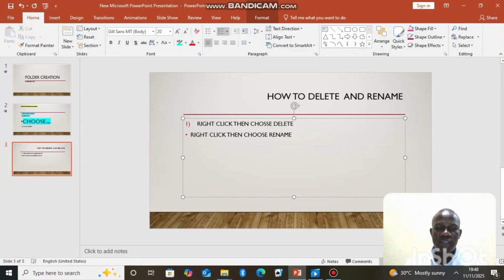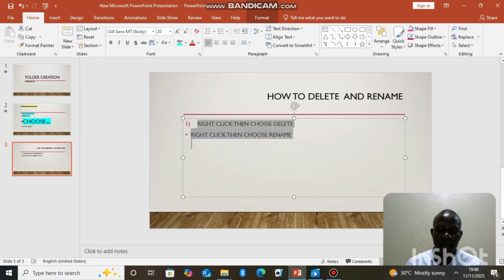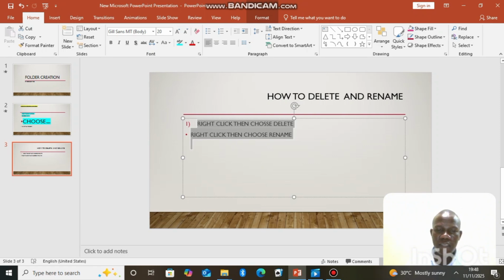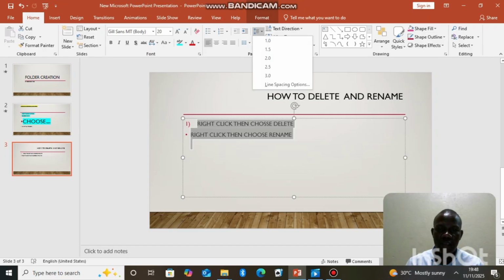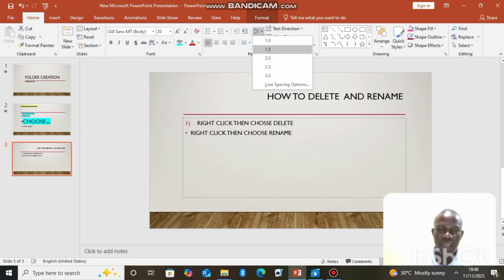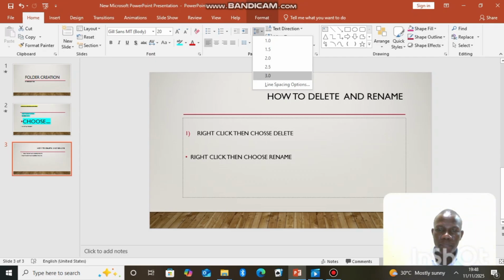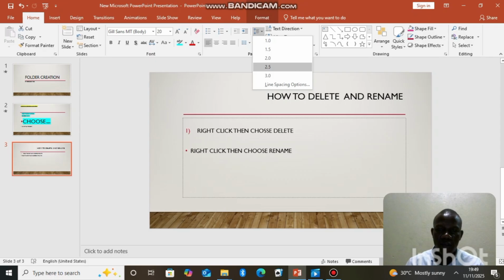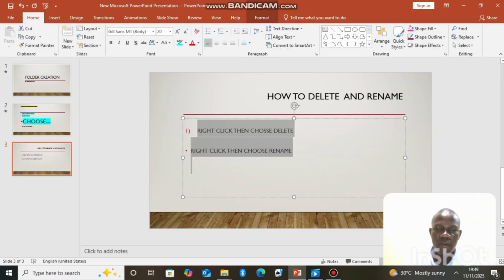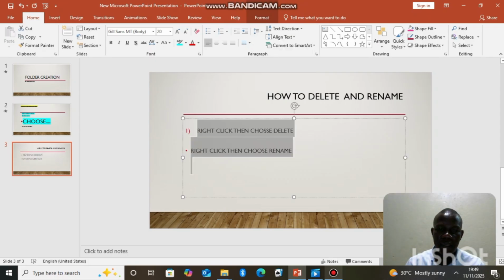Yes, members, one other thing I was forgetting, which is very important, is line spacing. As you see, line spacing is important. The first step under line spacing is to highlight the words, just the way I've done. Then you choose any that you want to use. Just like I can take 2.5 or this other one, automatically you find I get